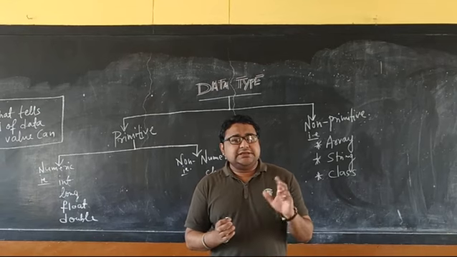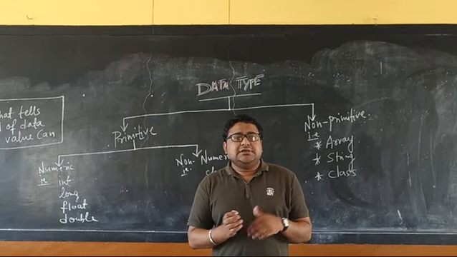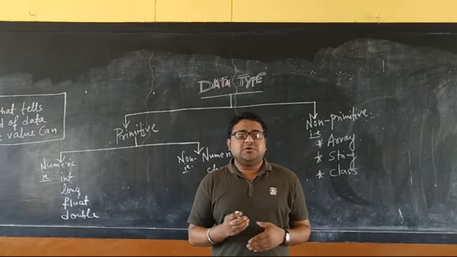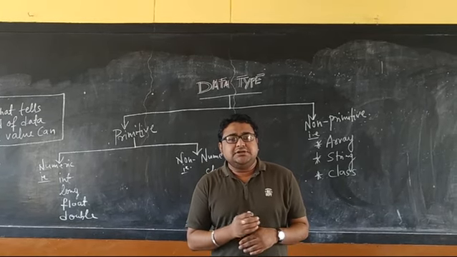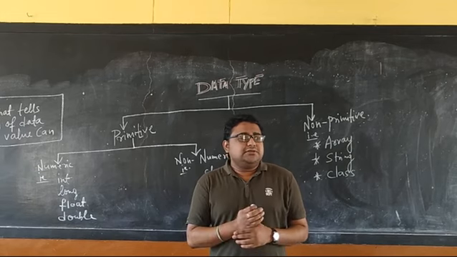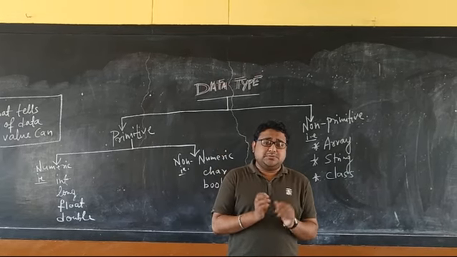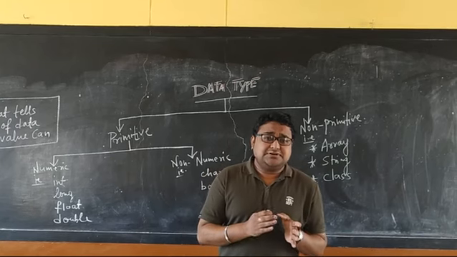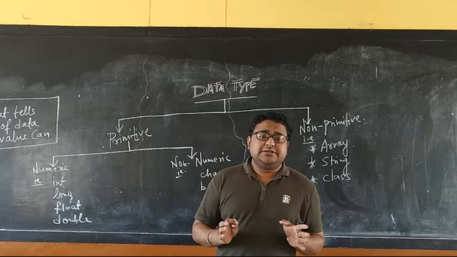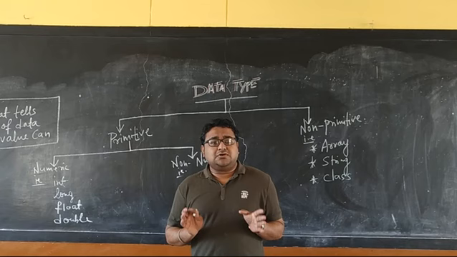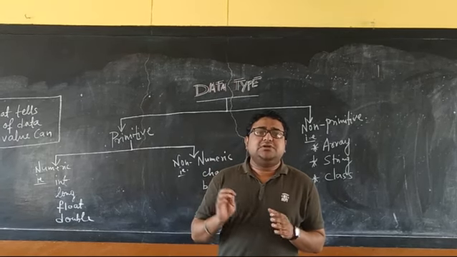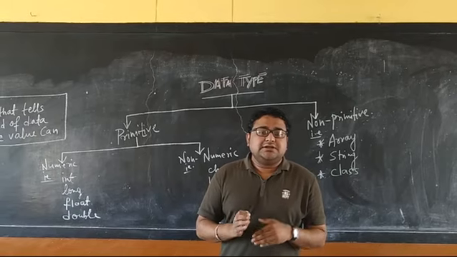Some data are single characters, A, B, C, D. All these things, capital letter, small letter. Some are sentences, school name, college name, father's name, mother's name. Different data are there. Then we can say decimal value, small decimal value, big decimal value, as well as fractional values. Different types of data are there in the keyboard. So all data are separately stored in different variables, which require different data types.